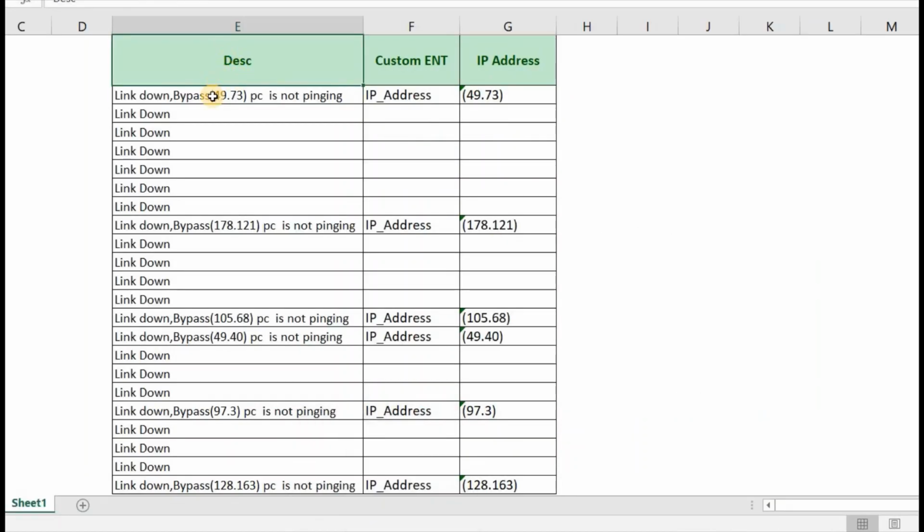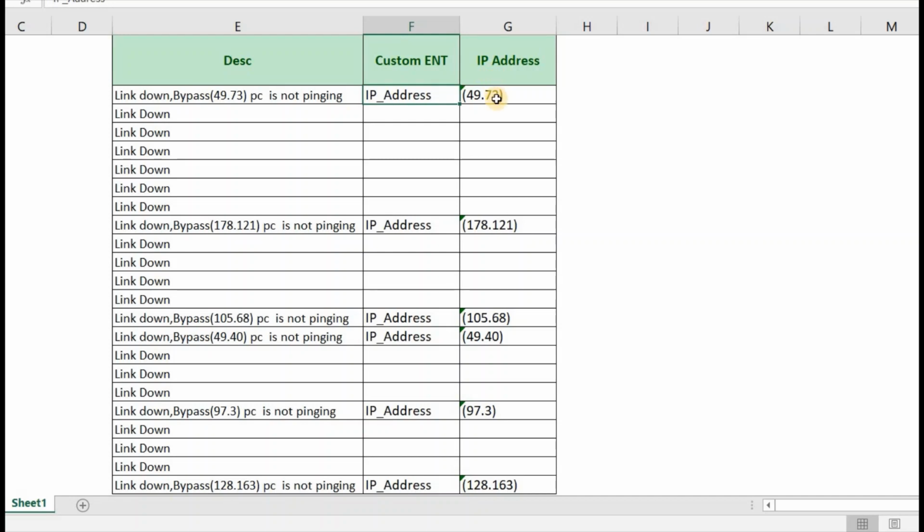This is the data that I had, some reviews of problems that were happening. For further analysis, we had to identify the data within parentheses. This part is the IP address, and we had to identify it as an IP address. Whatever is within parentheses and in this format, digit digit dot digit digit, like this type of format, we have to identify as IP addresses.